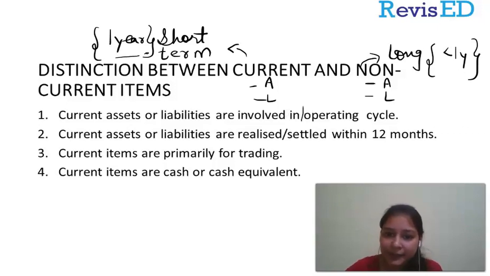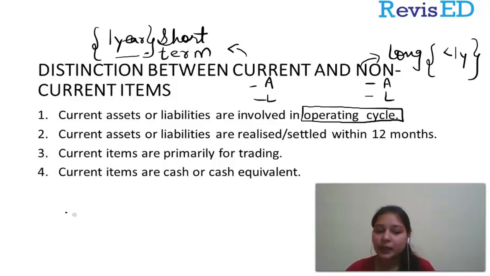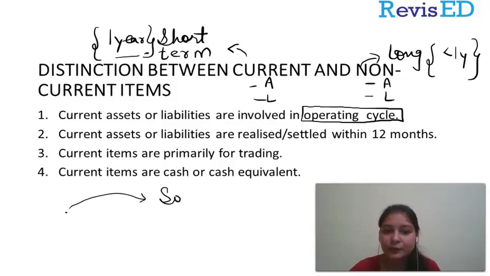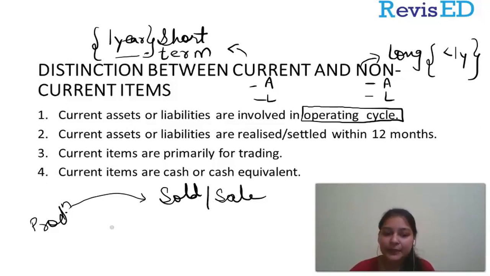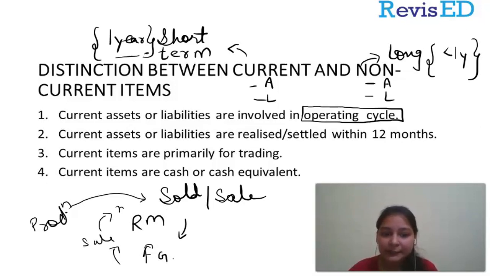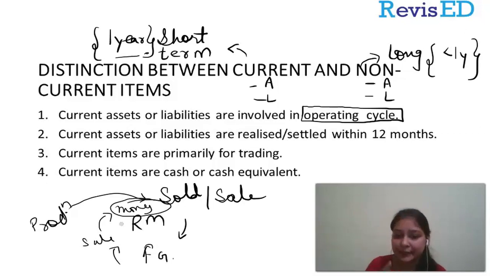Other than that, there is an important thing we need to understand here, which is the operating cycle. What is the meaning of operating cycle? When a company starts making a product, until the time it is sold. From production to sale, the time period in which that happens is known as the operating cycle. Operating cycle means when I have purchased raw material, I have converted it into finished goods, then I sell it, and after the sale I will get some kind of money, cash. So that is basically the operating cycle, the whole cycle from starting point to end point.